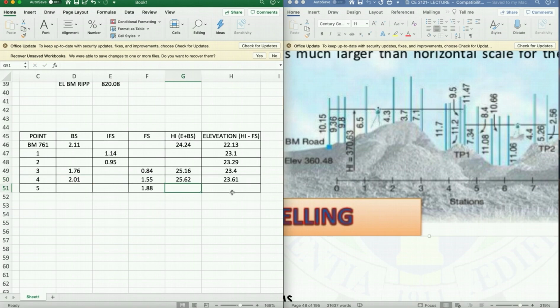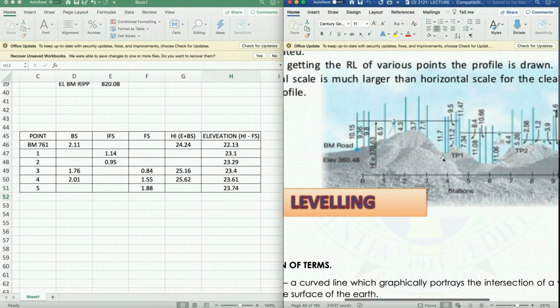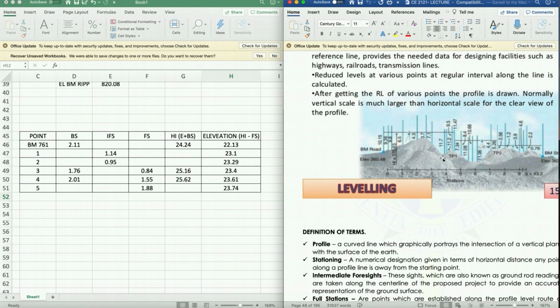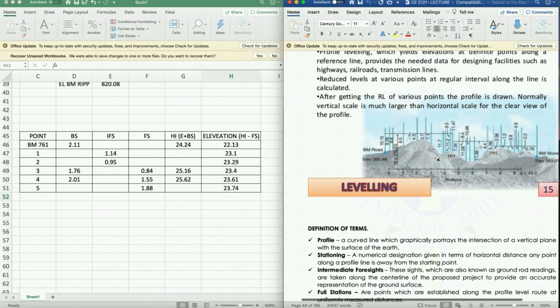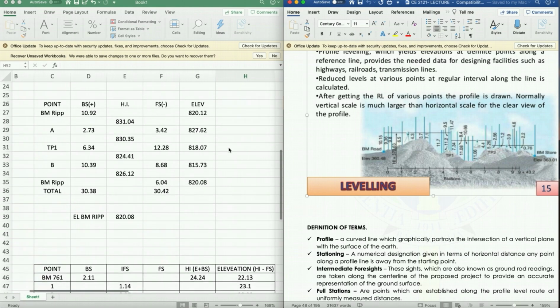Then for the elevation of 0.5, that is equivalent to height of the instrument minus the foresight. And therefore, the elevation at 0.5 is 23.74 meters. Okay? So, medyo nalito lang kayo siguro sa part na dito kasi nilagyan natin